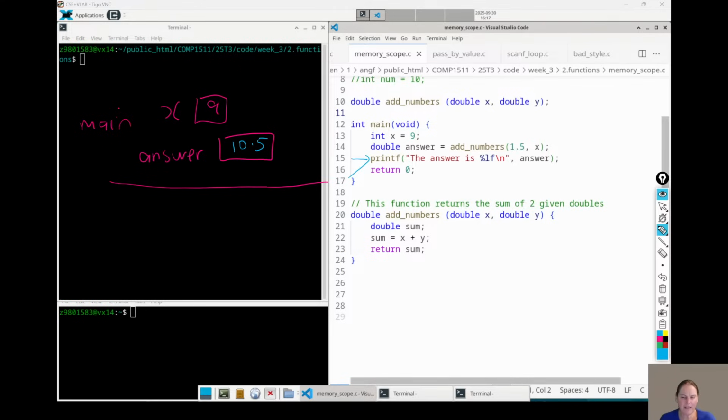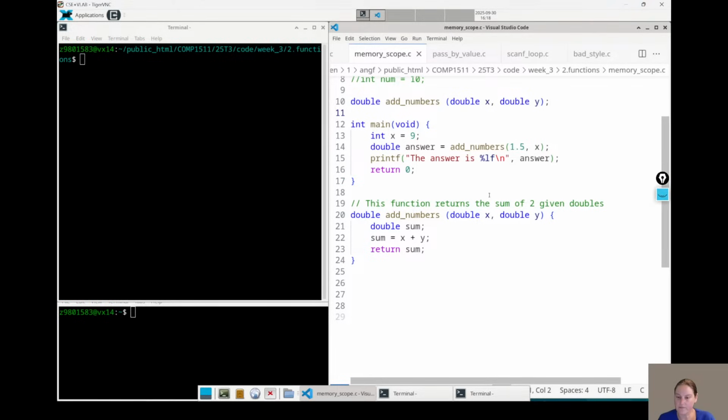And a few people are asking, does it matter if it's integers or double? Well, if I've got a variable of type double, can it store 9? Yes. So it's okay to put integers in doubles, right?